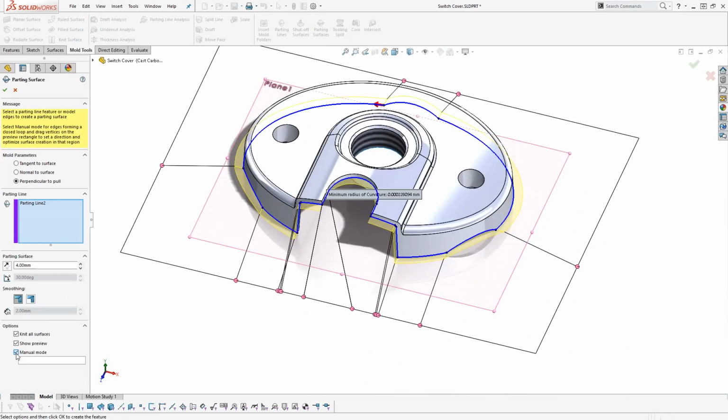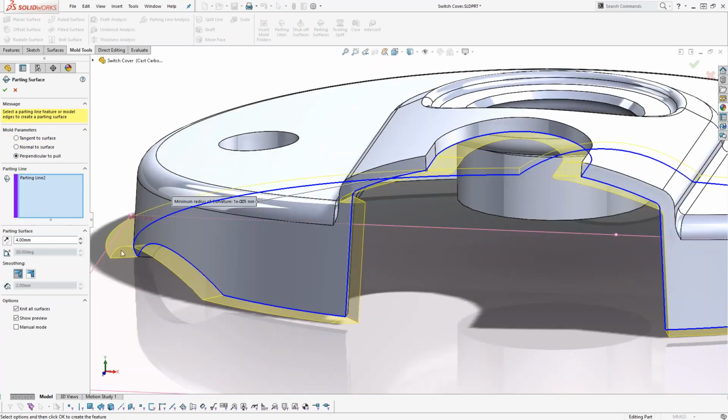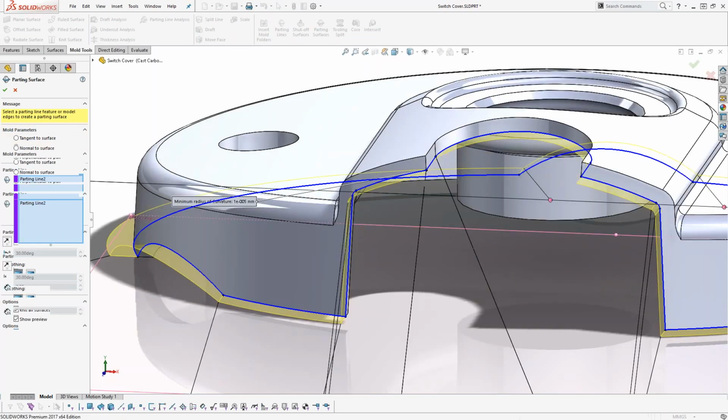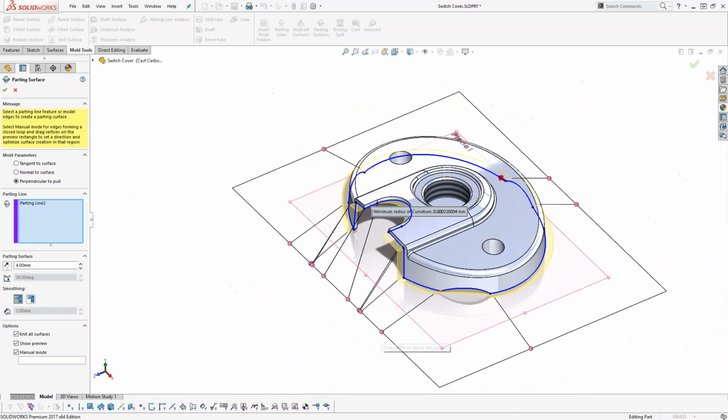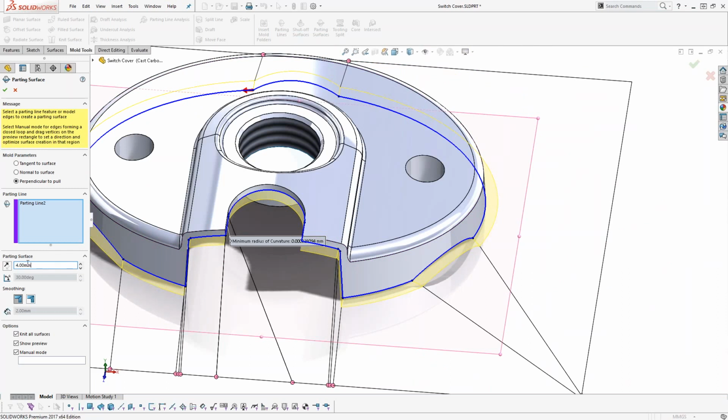We have the option of manual mode. What that'll do is if we have some complex areas like right in here, that'll just clean it up for us by letting us kind of decide where each of these is going to go. You can see each node has a point on this representative square out here, so we can actually move those around and change the shape of that parting surface. We'll make this parting surface a little bit bigger as well, just to make it a bit clearer as to